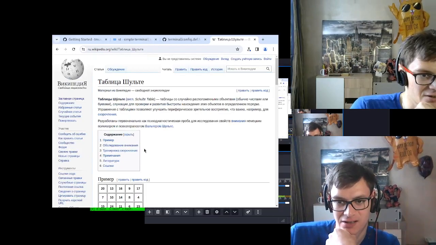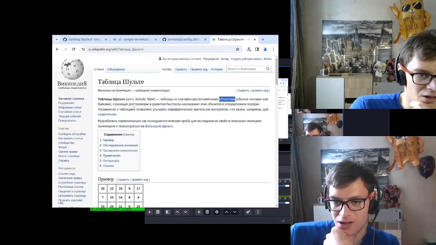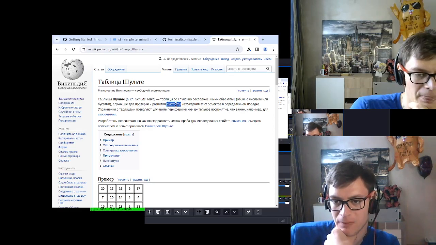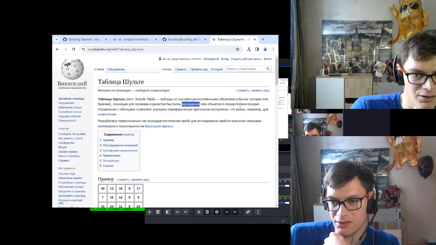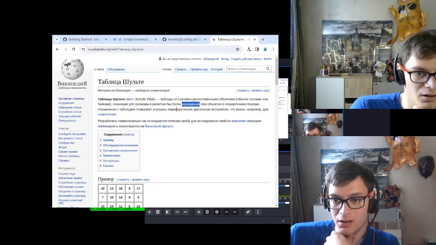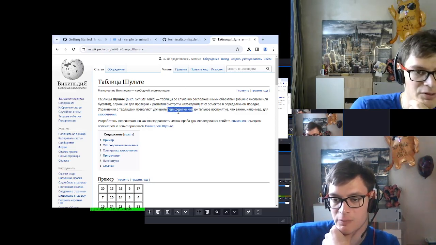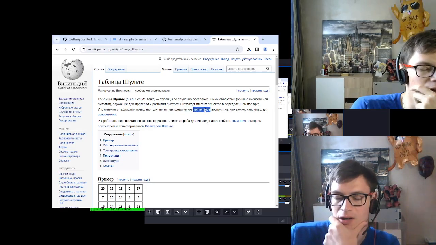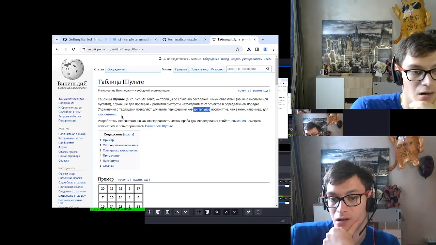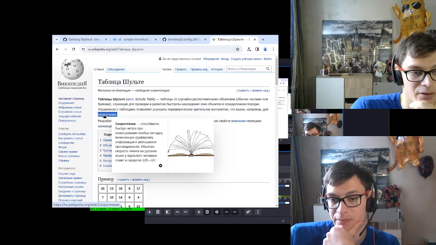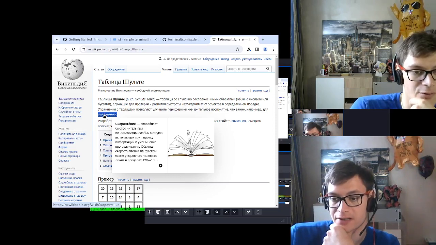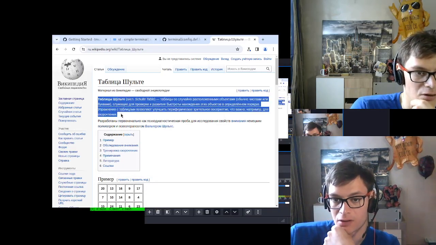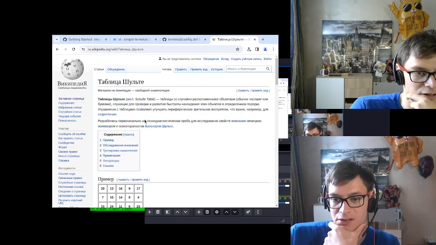So basically, a table with random numbers, it's for development of fast finding. It develops your peripheral vision, and for example, it is good for fast reading of books. So if you are reading some text and you do it on a daily basis,